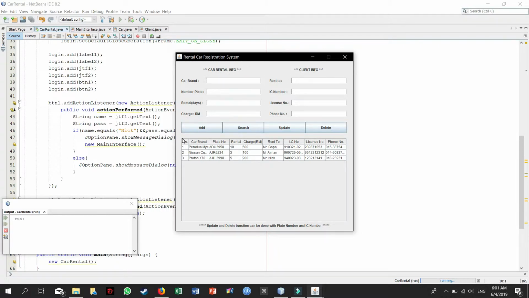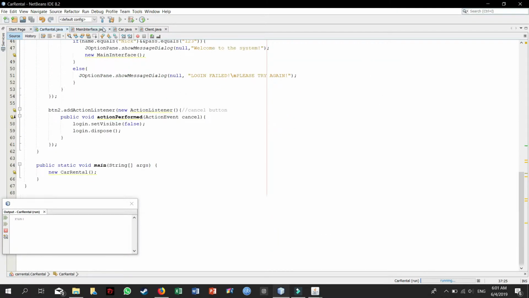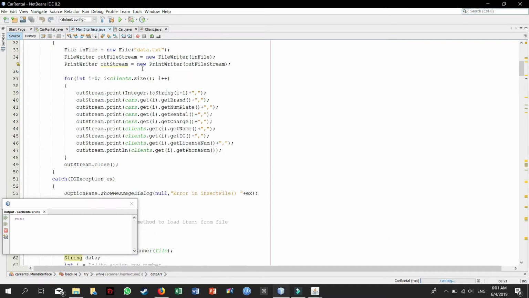From this JTable, as you can see here, I have already inserted three data items before we ran this program just now. Okay, how do we do that? We can do that with